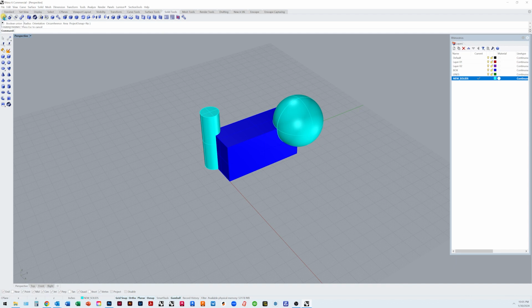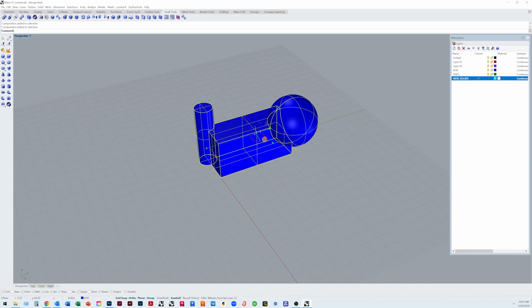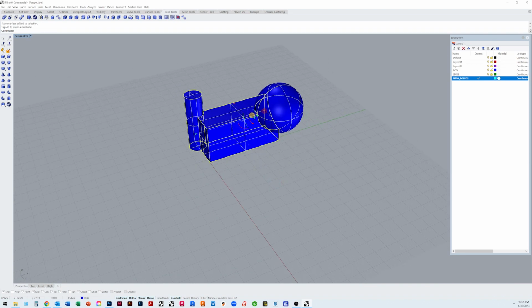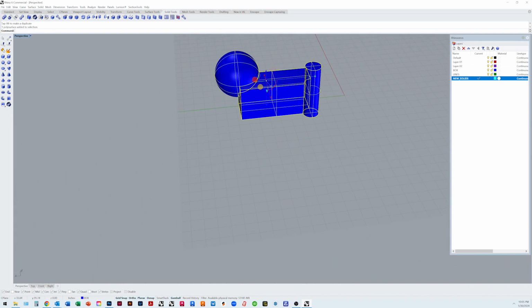So Boolean union. I'm going to click on that, and it's important to read the command line. Here it says select surfaces, poly surfaces to union. These are all poly surfaces. I'm just going to select all of them with my left to right click. Hit enter when done, right click or hit enter. And now you can see they've gone from being 3 separate entities to being one combined object,